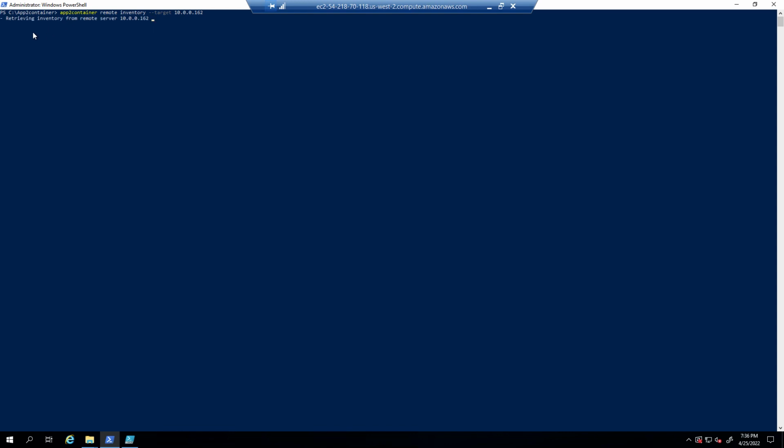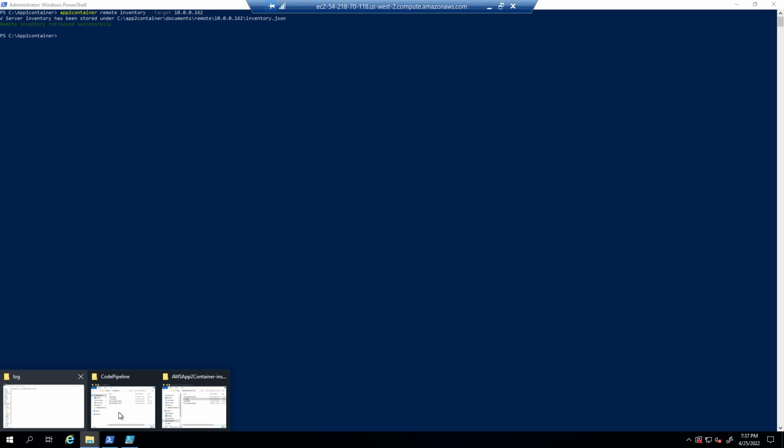When we run this command, App2Container detects the applications that are running in IaaS. It also detects the Windows services that could be configured as dependent application components. Now, it may take a few seconds to capture the information. Okay. So at this point, the remote inventory has been retrieved successfully. So if we go back to our folder,